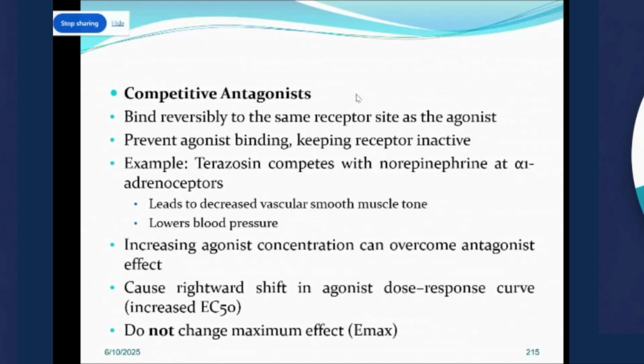Okay, we know that epinephrine can contribute to increased blood pressure. When we want to lower it, we want to reduce the effect of epinephrine. That is why drugs like terazosin, alpha-1 adrenoceptor blockers, are important. They block the effect of norepinephrine at alpha-1 adrenoceptors. Okay, but we have noted that the agonist, when given in high amounts, can actually overwhelm the antagonist and